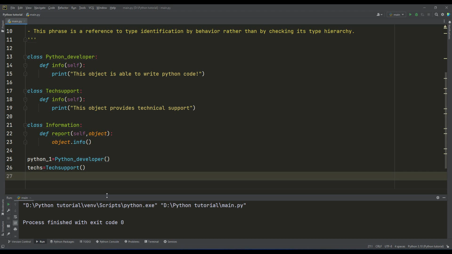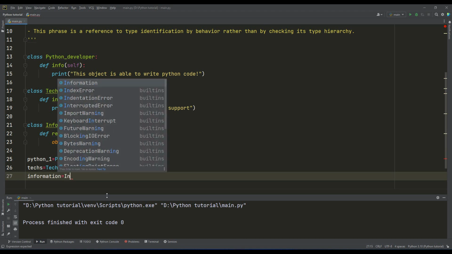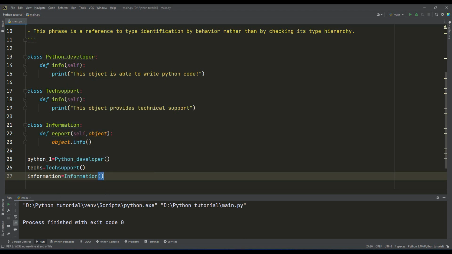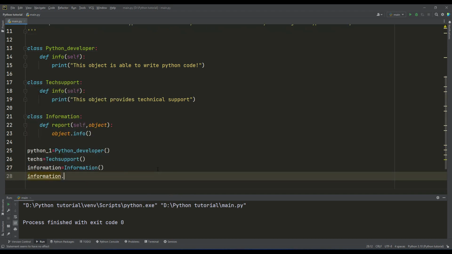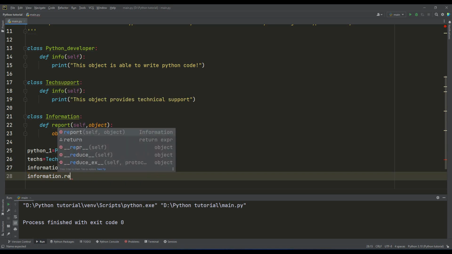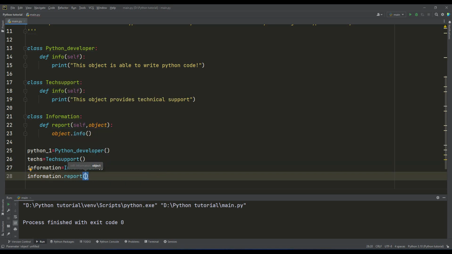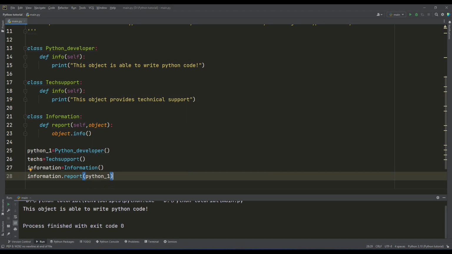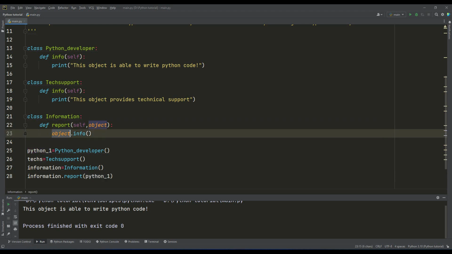And finally, I will take information. This is information from an instance, and when I access the .info from this instance, when I access the report, I say, okay, give me the report of the Python one class. If I execute this, then this method will hold the instance here, and from the instance I will recall